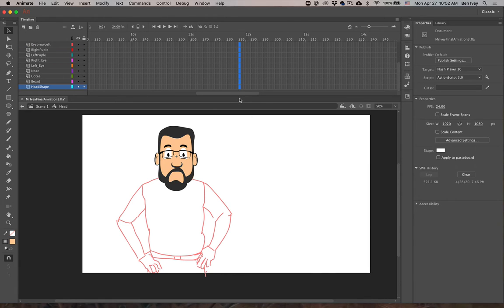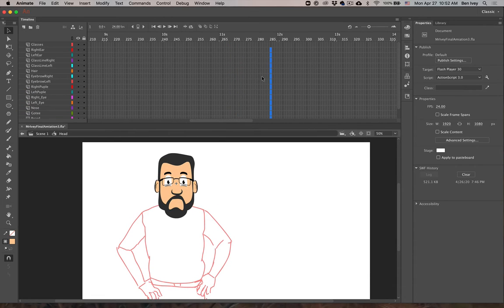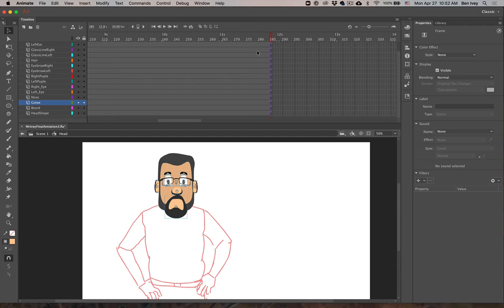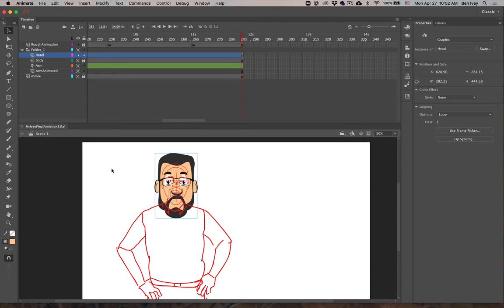We'll select all the frames on every layer. And I'm actually going to open this up so I can see all these frames much easier. First one, hold down Shift all the way down to the last one. And then I'm going to hit F5 just to give it some sort of frames. So now from here I can go in and start to line up the same key moments for each individual part,